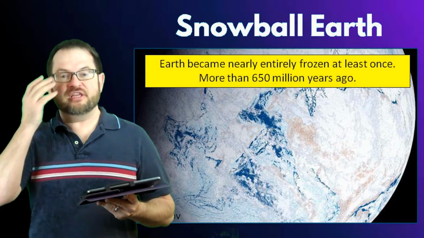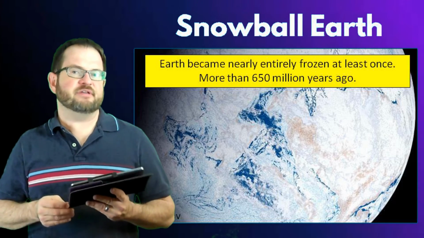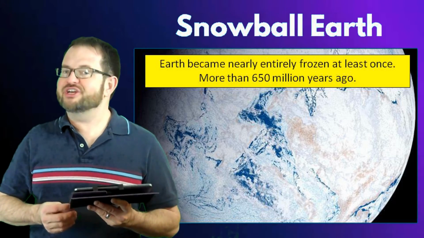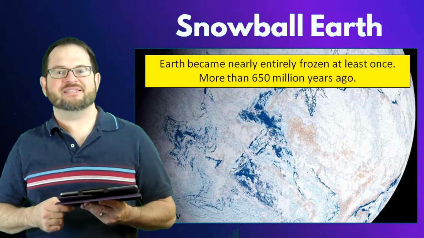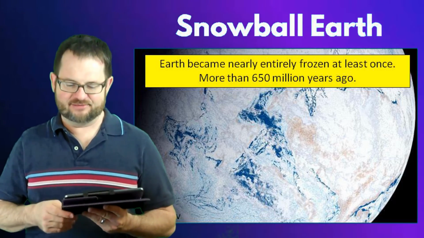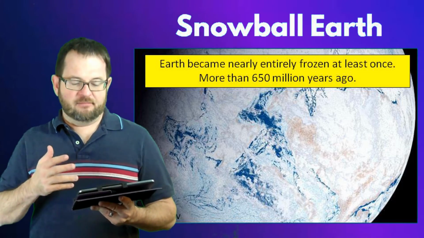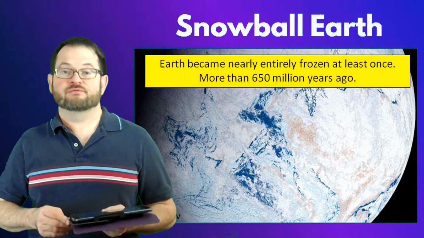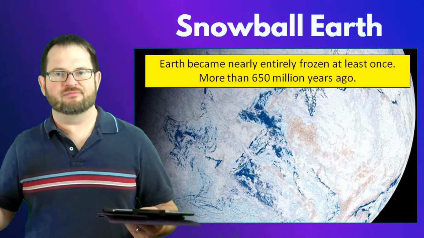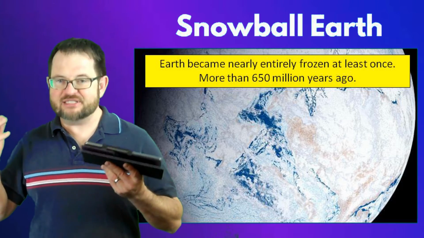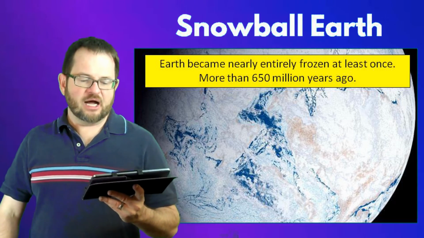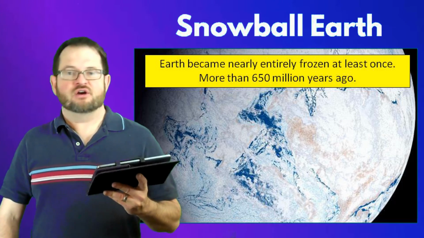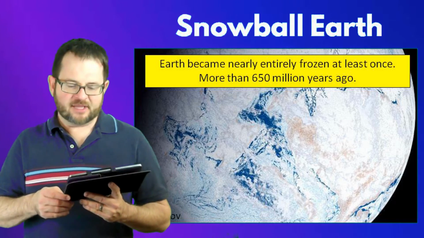But the Earth apparently froze in a very complicated climate feedback, and we are actually incredibly lucky that the Earth figured out a way to get out of that mess. We'll learn about these so-called albedo feedbacks when we do physics of climate. But Earth at least once froze like Hoth from The Empire Strikes Back. I mean, it was an ice planet for quite some time. For at least a few million years, Earth was stuck in that kind of frozen state.